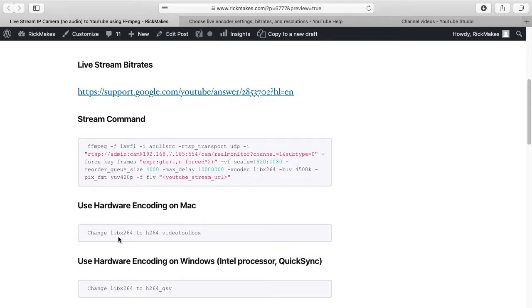But if you're on a Mac, which has an Intel processor, you can use h264_videotoolbox. And if you're on Windows with an Intel processor, you can use h264_qsv, and that's for Quick Sync. And those are hardware encoders, so that should lessen the hardware need on your computer. So for this video, I'm using libx264 because I'm screen recording, which also I think uses the hardware encoding on the Mac. So I'm using that, but if I was doing this in my day-to-day life, I would use the h264_videotoolbox. Next we have our bitrate is 4500k, pixel format is yuv420p, and then the format is FLV,